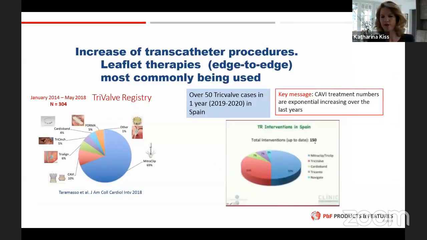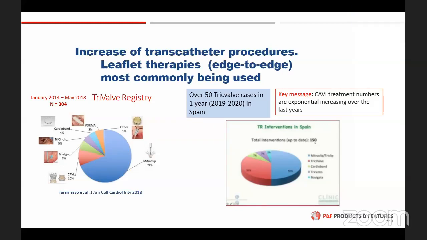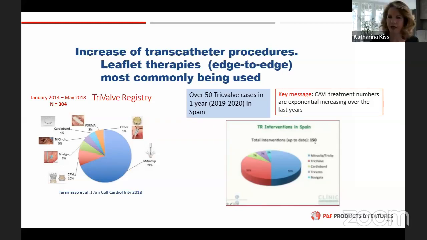And these are numbers from Spain, and I think it's just interesting to show them because the majority of the patients were, of course, treated with annuloplasty devices, with cooptation devices such as TriClip, MitraClip. But after this, the CAVI, so that means the TricValve system, has been the most widely used device. And more than 50 TricValve cases have been done in the last year in Spain, which I think is also